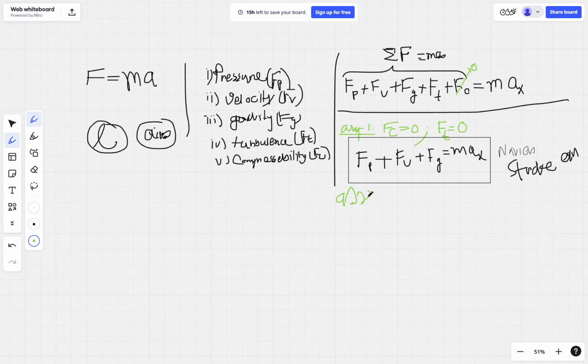So let's go to assumption 2. In assumption 2, what will we assume? We will assume that the flow is laminar flow. Sorry, we have already assumed laminar flow over here. So we will assume that the velocity,